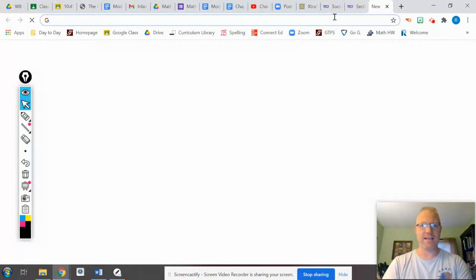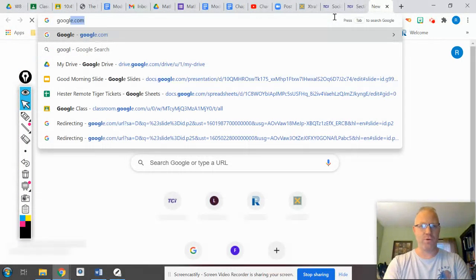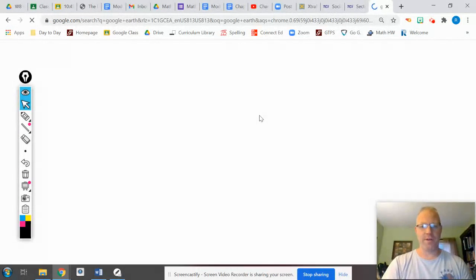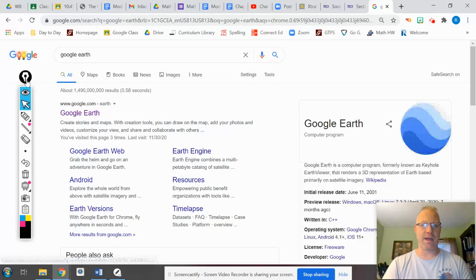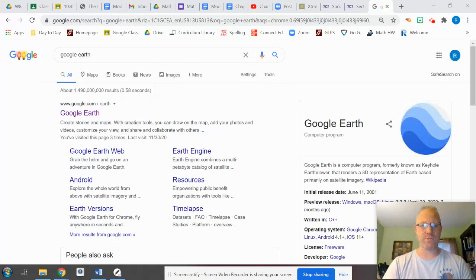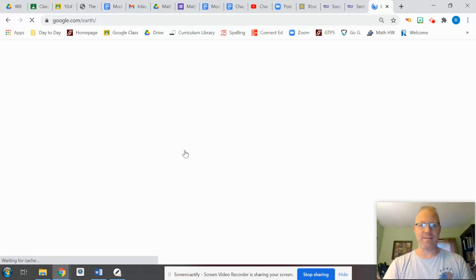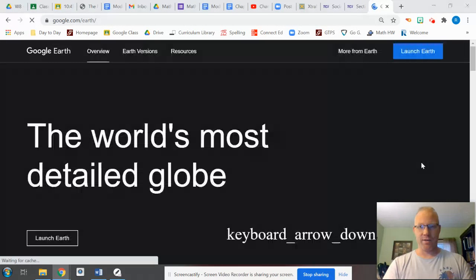So, we did this last time by going to Google Earth. And when we clicked on Google Earth, we were able to bring up the Google Earth app. And the Google Earth app will allow you to visualize or see what the Earth looks like and what our country looks like as you zoom into it. So as I bring this up, I just want to push you guys to do it as well. So go to Google, type in Google Earth, and then when it comes up, you'll see this little thing that